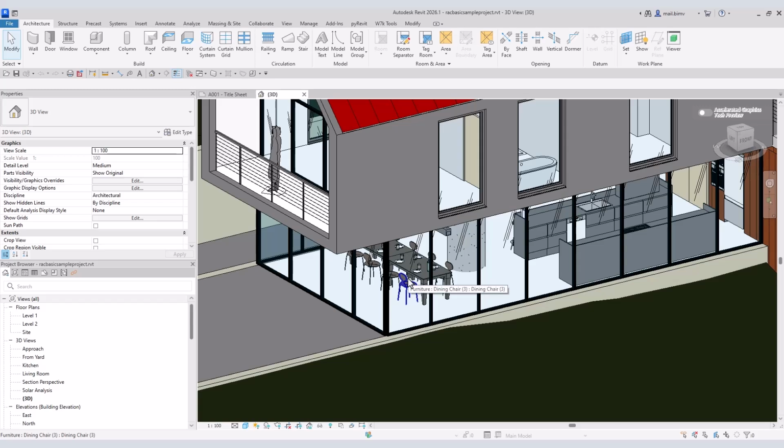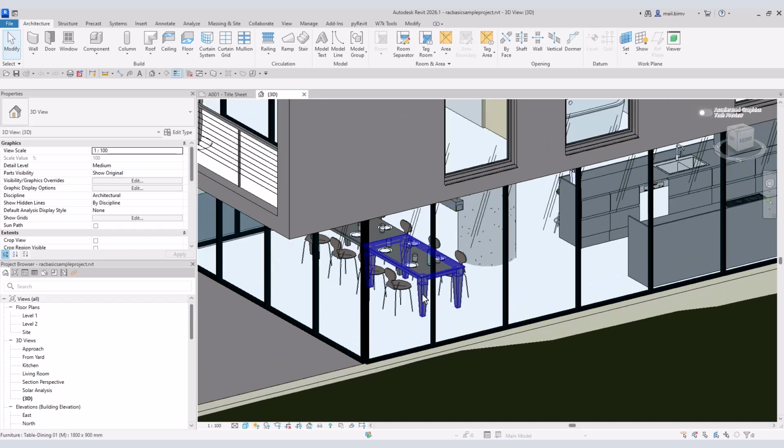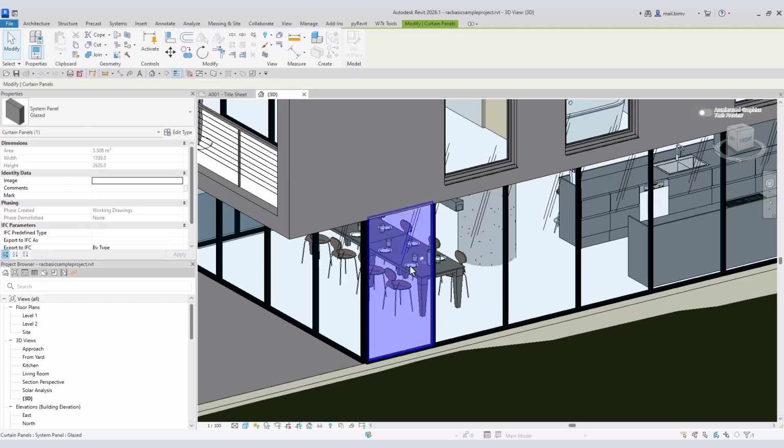That's why we also have a Tab key on your keyboard that allows us to toggle between the selection when you are in such a dense environment, let's say. So I hover my mouse and now click Tab. You see multiple elements highlight. Let's say I want to select this panel, so I click. Okay, selection is confirmed by the element being filled with color,